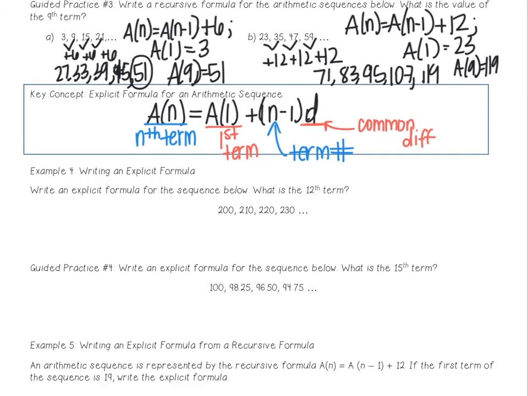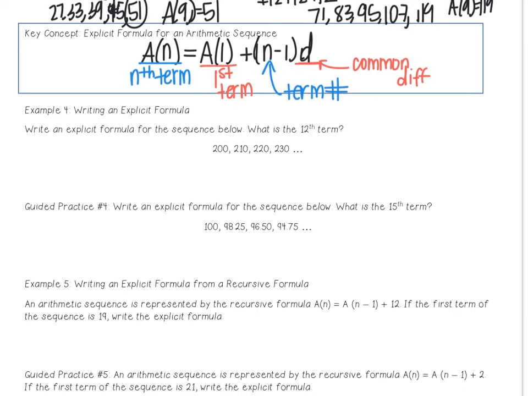So let's do some examples. I'm going to leave that at the top of the screen so you can look at it. Example 4 asks you to write an explicit formula. So what I'm going to do is rewrite my formula for an explicit formula of an arithmetic sequence, and then fill the stuff in below it. So everything's going to get replaced except for the